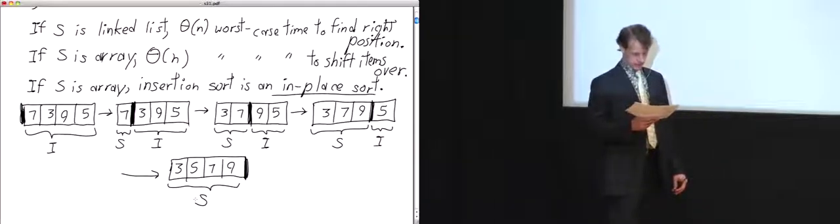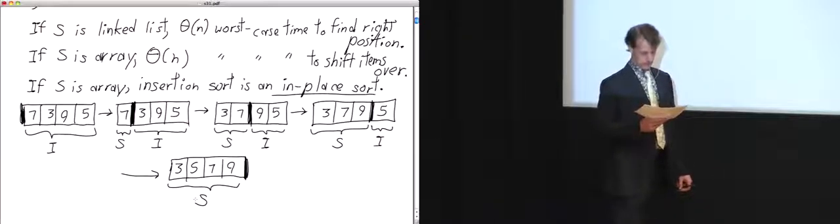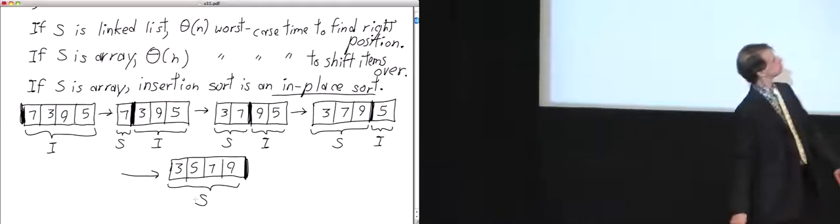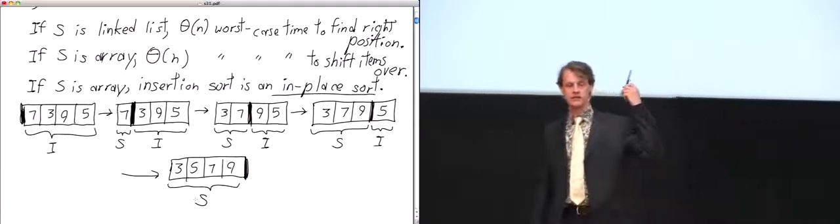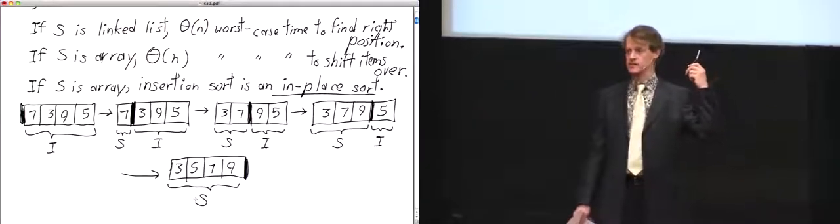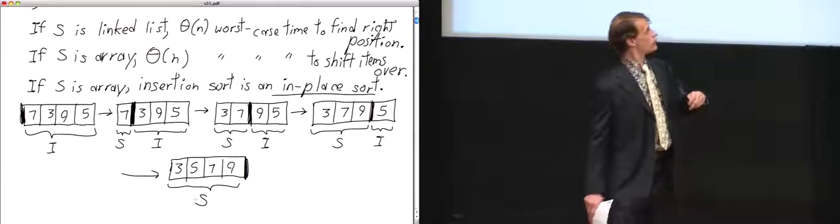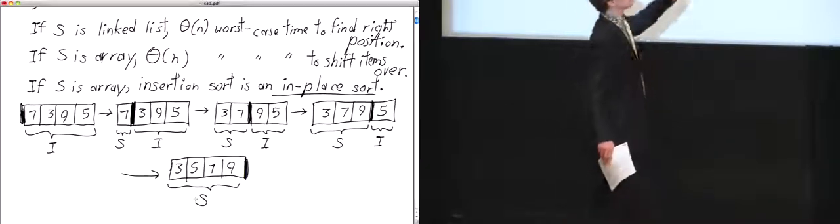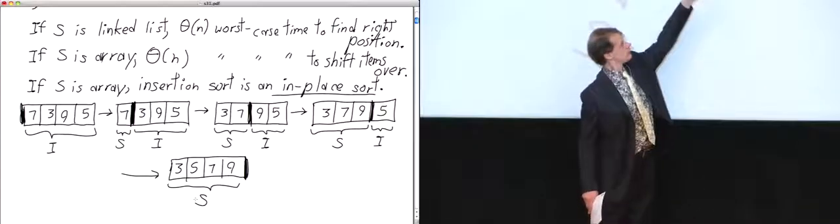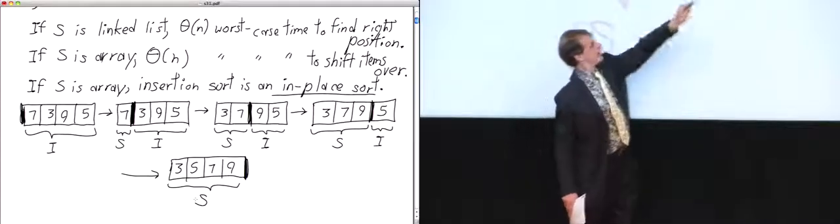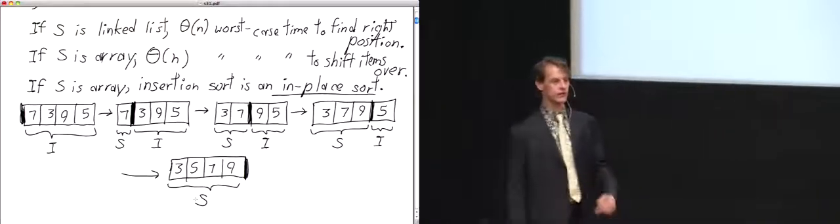What else to say about this? Well, in the worst case, each of these insertion steps takes linear time. If you have an almost sorted array and you want this to run fast, your insertion routine should go from right to left. So if I want to insert a number into this array, I should start at the end and work backwards when I'm looking for the right place to insert the new item. That ensures that the running time will be just the number of inversions.